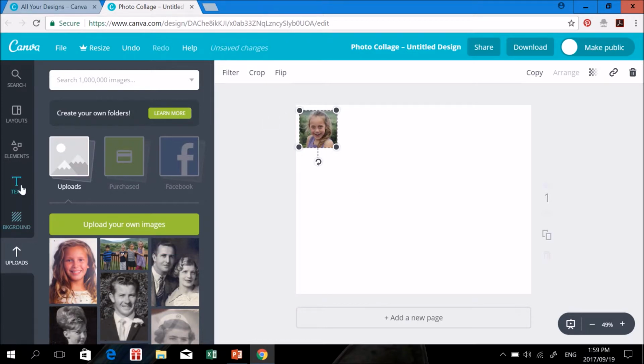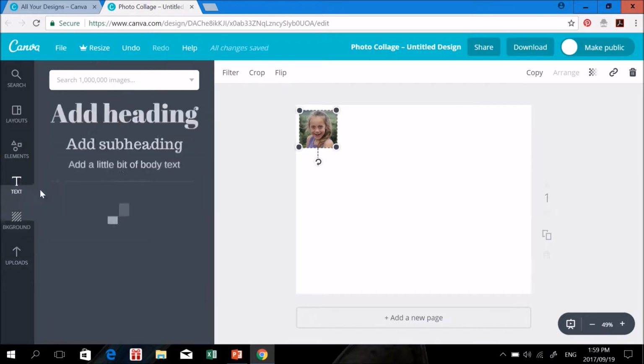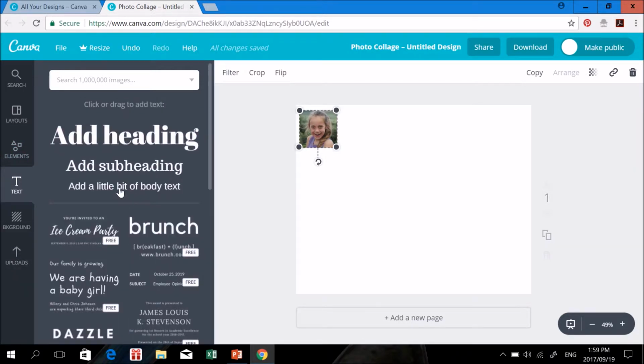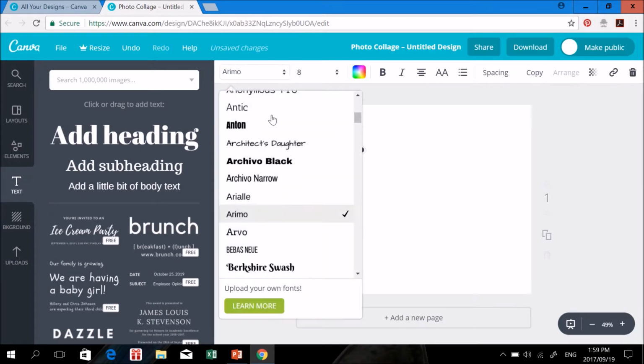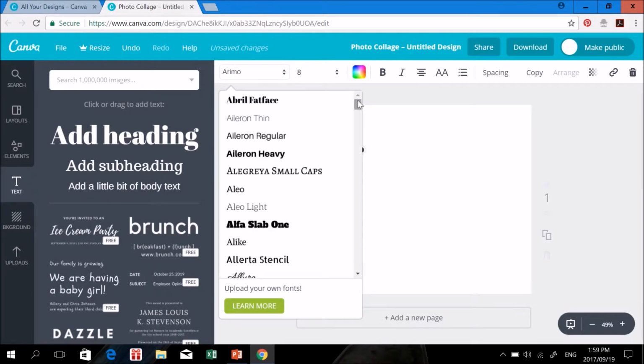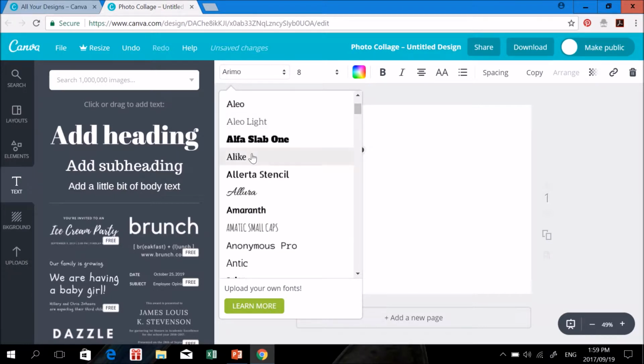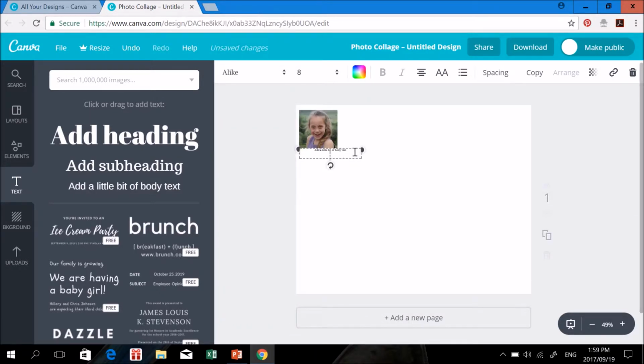If I want writing underneath it now, I can click onto text. I just chose this add bit of body text to the bottom over here, and once you've done that, it allows you to change the font. I chose a nice clear to read font. You can actually choose anything you like. I'll choose that one for now, and then